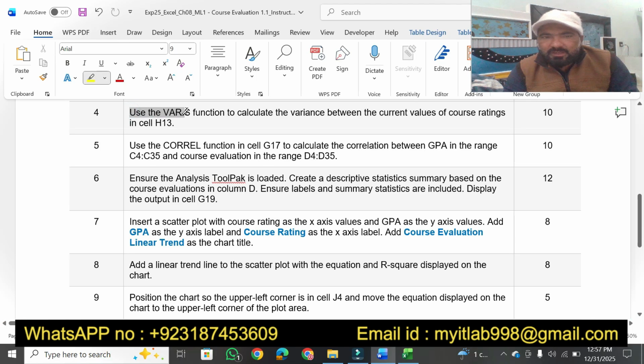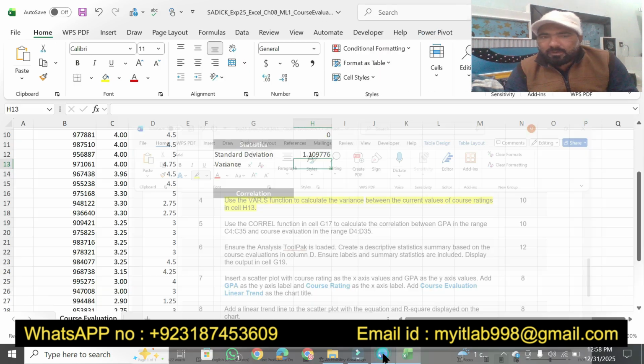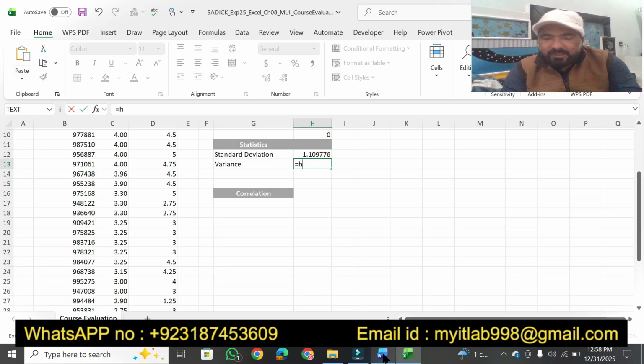Use the VAR.S function to calculate variance between current values of course rating in cell H13. VAR.S function means calculate variance. So here in H13 we have to find variance. Okay, so for that we have to type equals